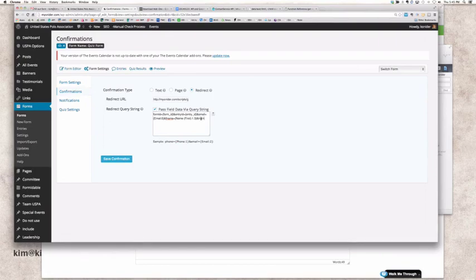So the last one is going to be last name. Last name equals, and that's probably sufficient for what we're doing. So I'm going to say last. Okay, good. So what we just did is we built a query string with merge fields, which should be really familiar to everybody because they're kind of similar to what we do in Infusionsoft. And now when I say save the confirmation,